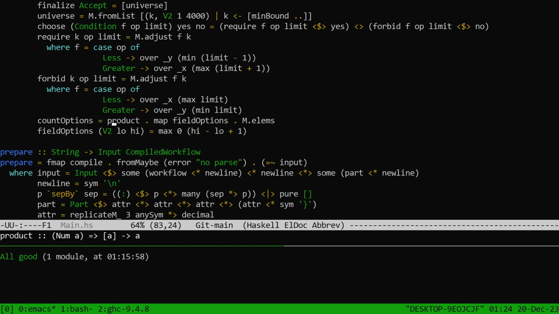Count options is pretty simple. We just look at the elements of the map, which are the 4 ranges for the 4 fields. We say how many options does each field have, and we multiply together the result. The field options, you subtract high minus low plus 1. I put a max 0 in here because I was worried that somehow